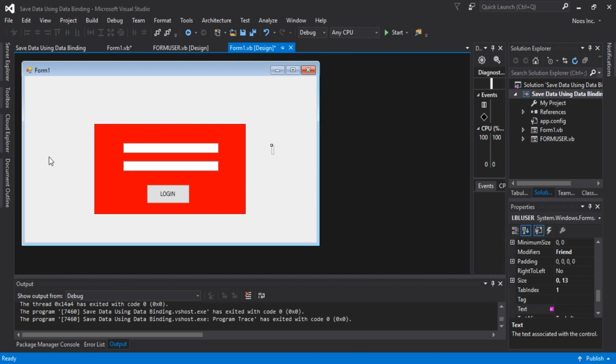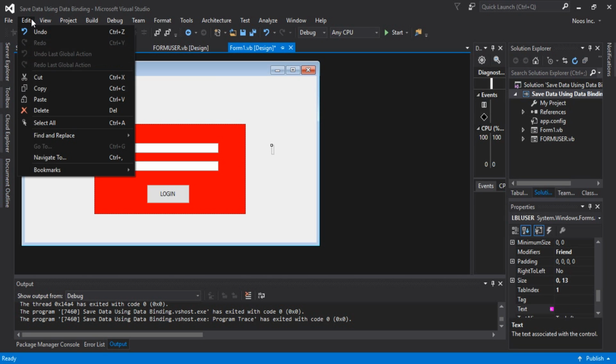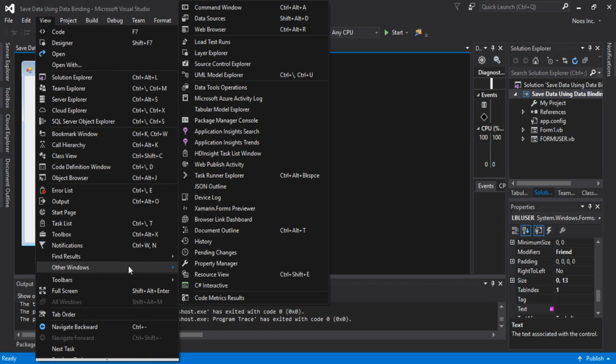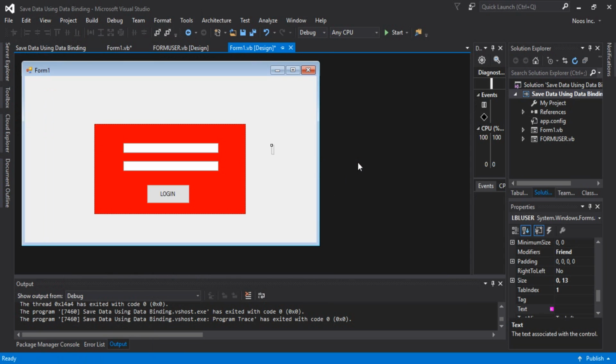Now you can show document outline in, or I think in the project view, guys. You can choose other windows, and you can add document outline. Okay, for showing in here, because the default is server, toolbox, and code explorer. Okay, now I'm gonna show you